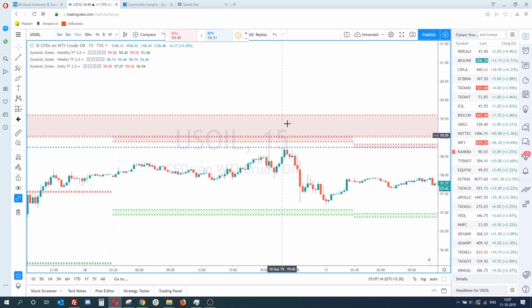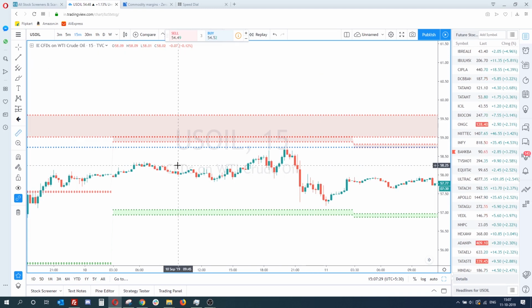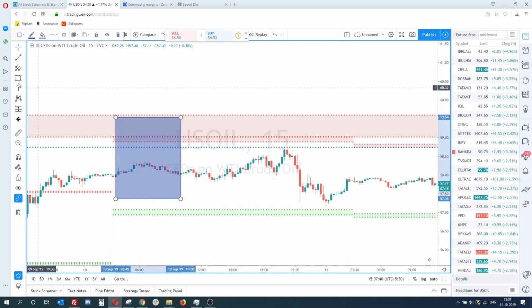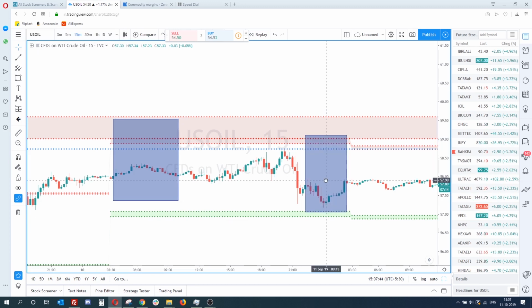If you see the move, this move is minus 2.19%. Easily it will be around 50 to 60 points on the MCX chart. The reason we don't use the MCX chart is that MCX covers only from 9:45 to 11:15 or something, right? So we are missing this price action area and this price action area. Sometimes this could be a potential price action.